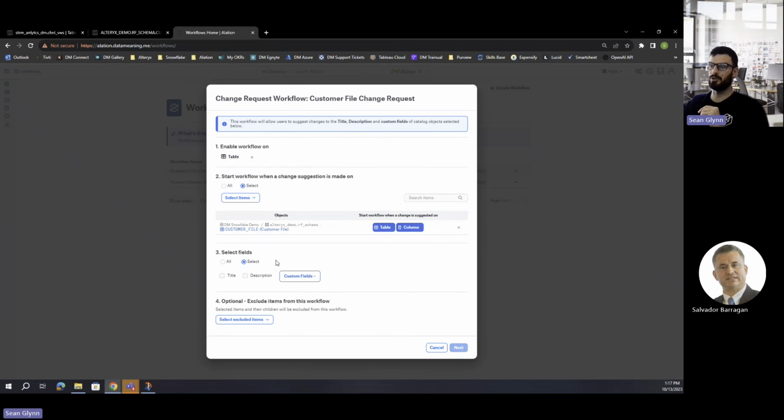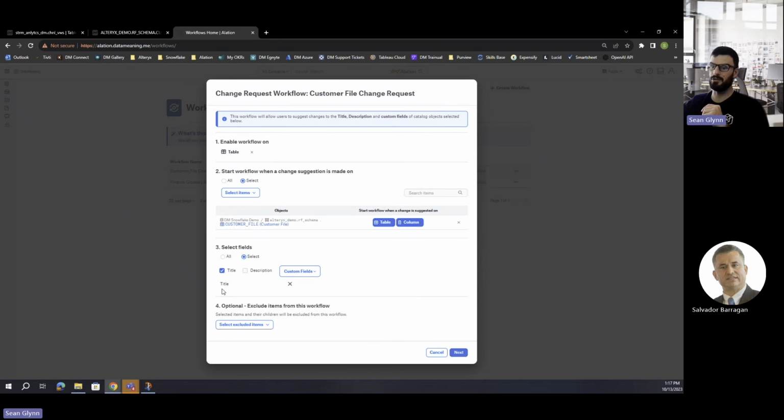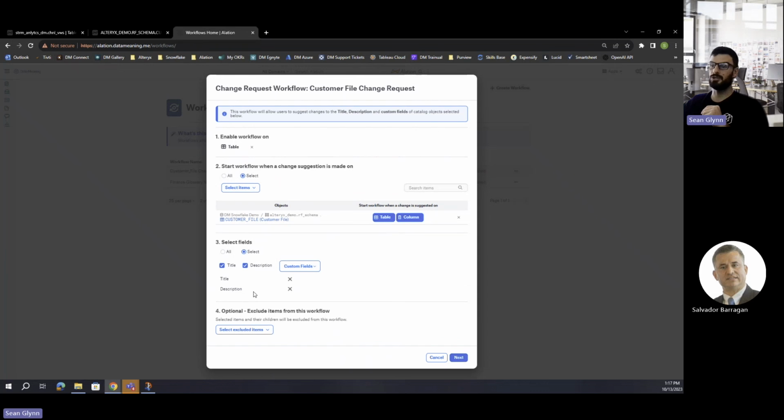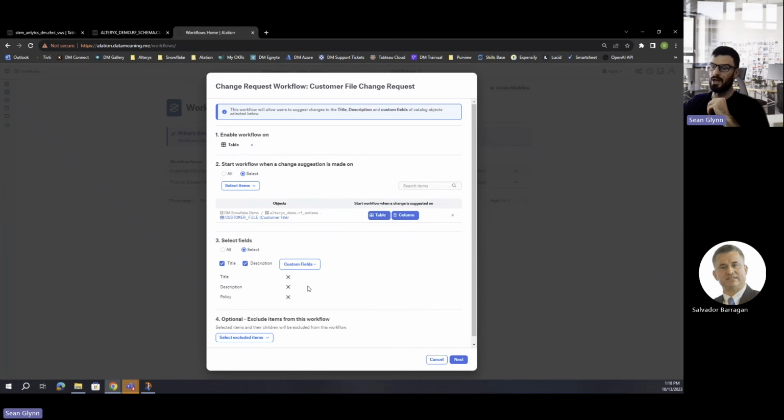Or you can be a little bit more granular here and select, no, I want to be specific with just the title and description, or any of the custom fields that we've built in. We can start to select those and say, nope, I want to be able to manage who can add policies to this page, right? And so once I've done that,